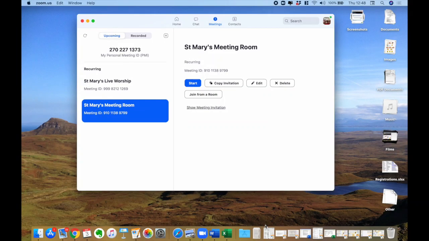This is just a short video about how to use Zoom. So once you've downloaded the app onto the computer or your iPad or wherever, you'll be logged in with the St Mary's details. You'll be faced with a screen that looks a bit like this. It's a bit different on